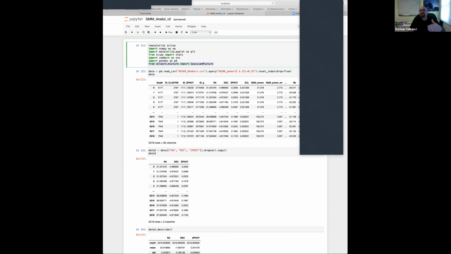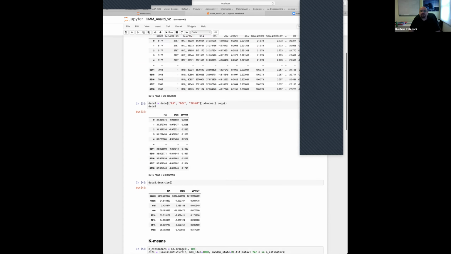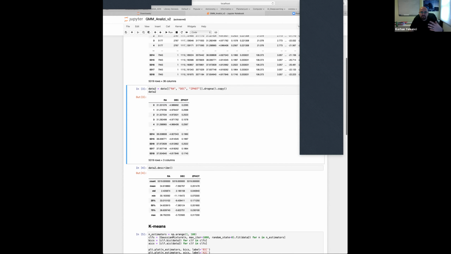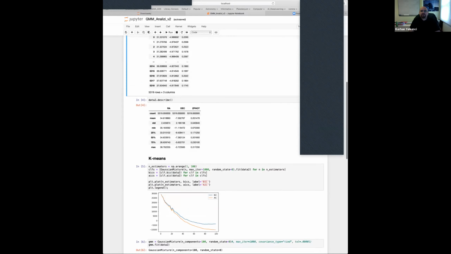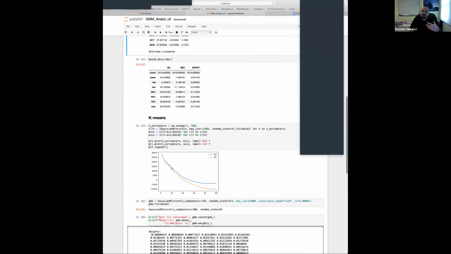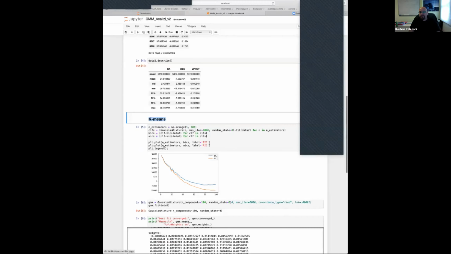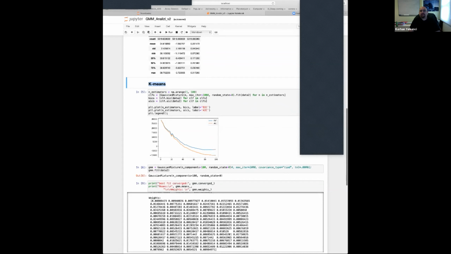It's very easy to import those libraries inside Python. We import the Gaussian mixture model, and then we have the data with the three dimensions here, and we try to calculate the components. Those details are not important because I can't explain everything in a very short amount of time.